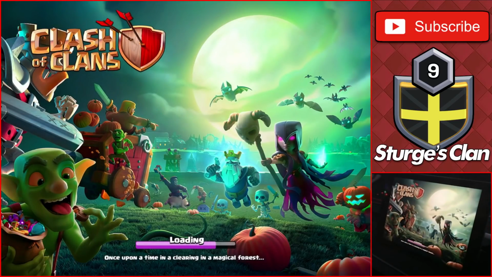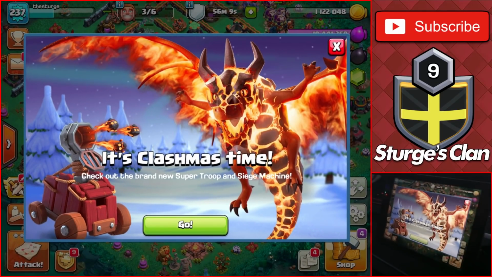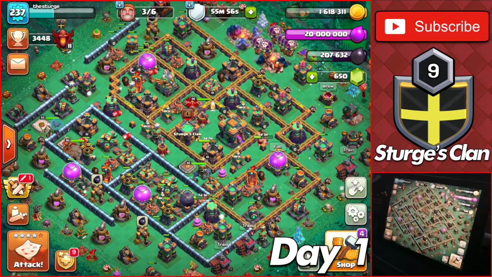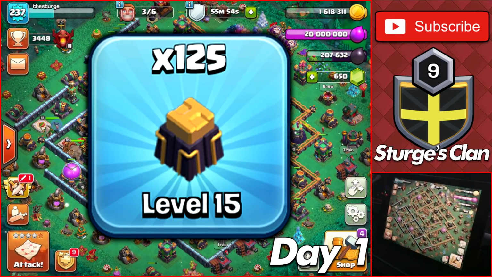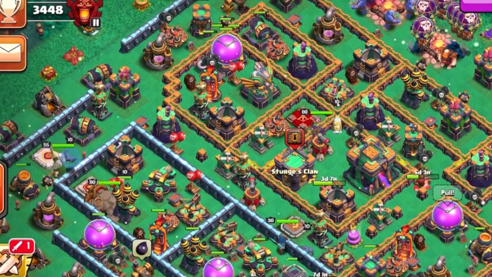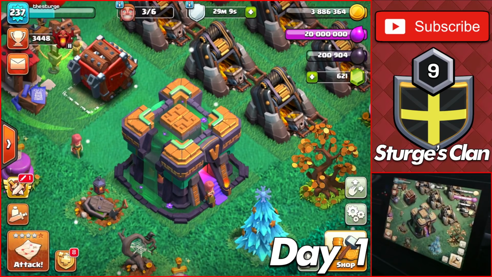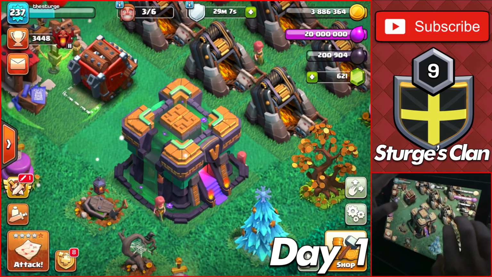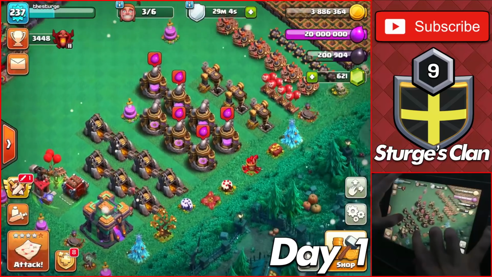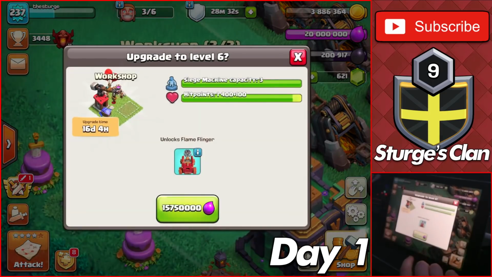Starting off on day 1, it's December 9th, 2021, and the winter update has been released, allowing for TH14 players to max out an additional 125 walls to level 15. Before the update, I had all my walls maxed out, meaning I now have 125 walls left to upgrade up to max level. Alongside the walls, the update brought upgrades for all collectors and the workshop. Here is a look at everything I needed to upgrade before becoming fully maxed, which I start off by upgrading